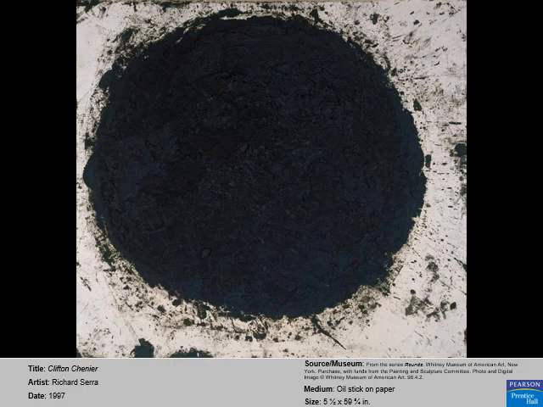Clifton Chenier is the king of Zydeco, who we might know because of our Louisiana familiarity. But in this series of drawings that Richard Serra made called Rounds, he's focused on lots of great American musicians, and he's making this vivid black circle on the page. In a way, the density of the surface becomes a parallel for the sculptural work that Richard Serra makes, his big heavy steel pieces, but also it's meant to suggest the density of the sound exploding out of this history